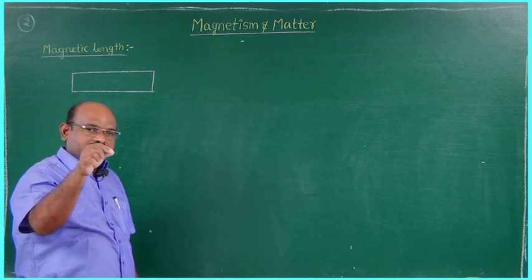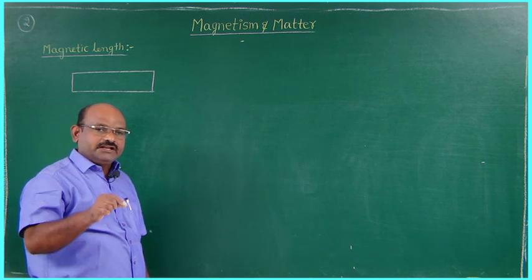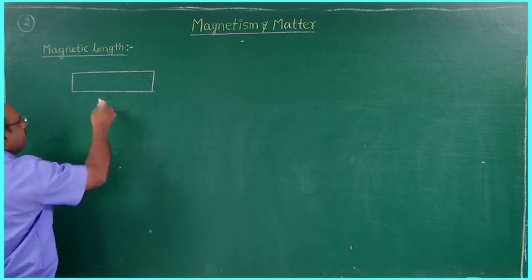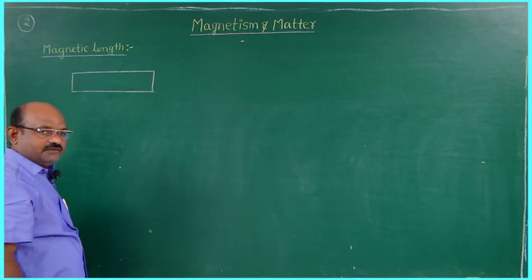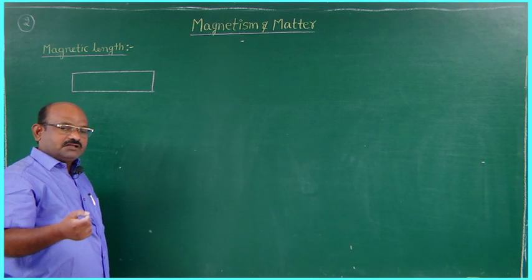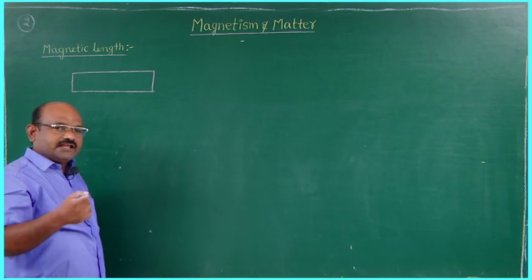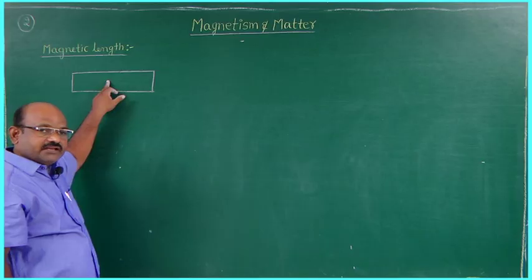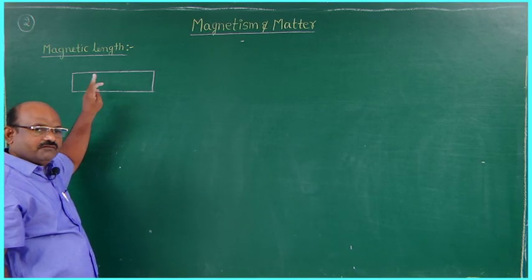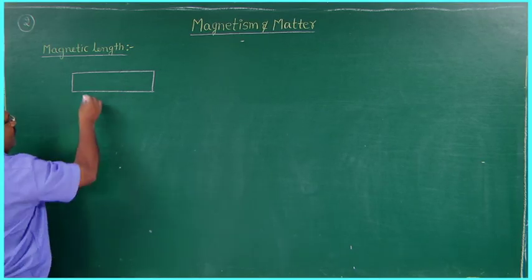When a bar magnet is dipped into iron filings or iron dust, more iron filings cling at the ends rather than at the center. That represents that the attraction power is more at the ends than at the center. The center is said to be the neutral region. Attraction is minimum at the center. All that we discussed in the last class. And moreover,